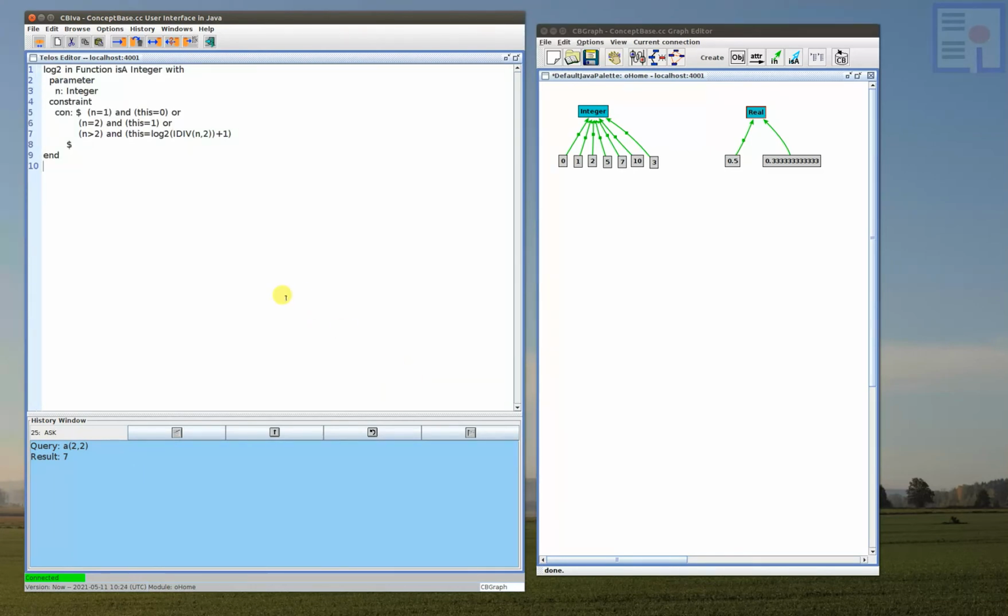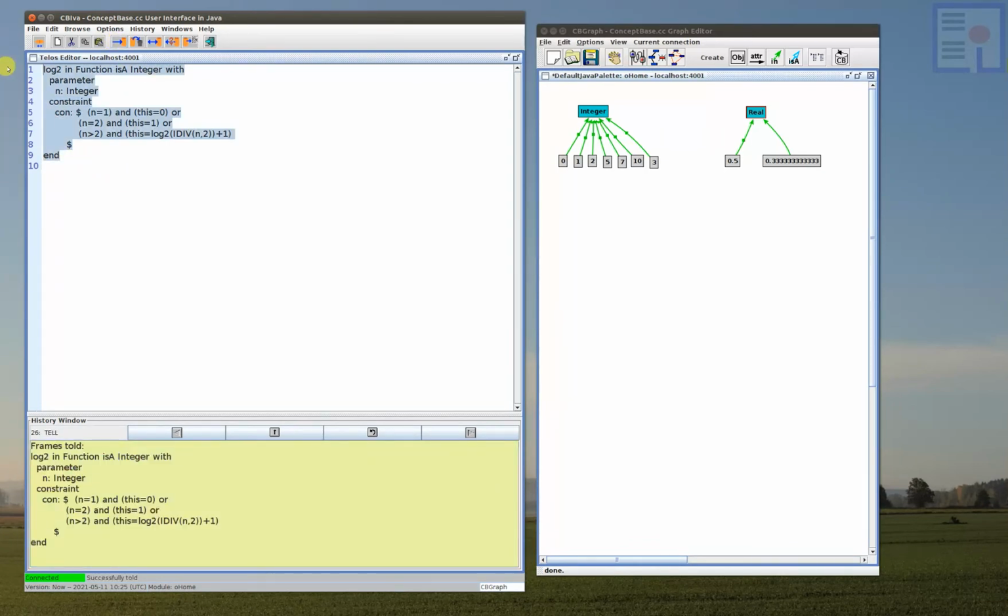Last example is integer logarithm to the basis of 2. So that can be recursively defined. Log2 is the function, and it is used in its body, in its definition. So if n equals 1, then the logarithm to the basis of 2 is 0. If it's 2, then it's 1, and if it's greater than 2, so remember we are in the integer domain here, then this is the recursive call logarithm of 2 of the integer division of n by 2 plus 1. So that's fairly straightforward. Let's tell that, and then we can call